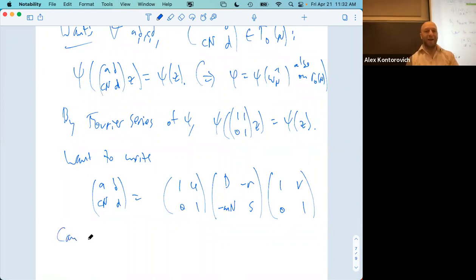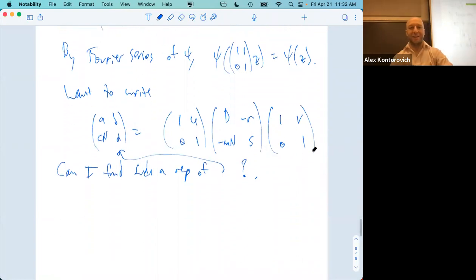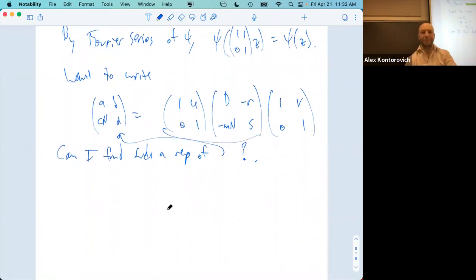So can I find such a representation of this matrix in terms of these elementary matrices? Well, let's see. Let's multiply this out. This product, right-hand side,